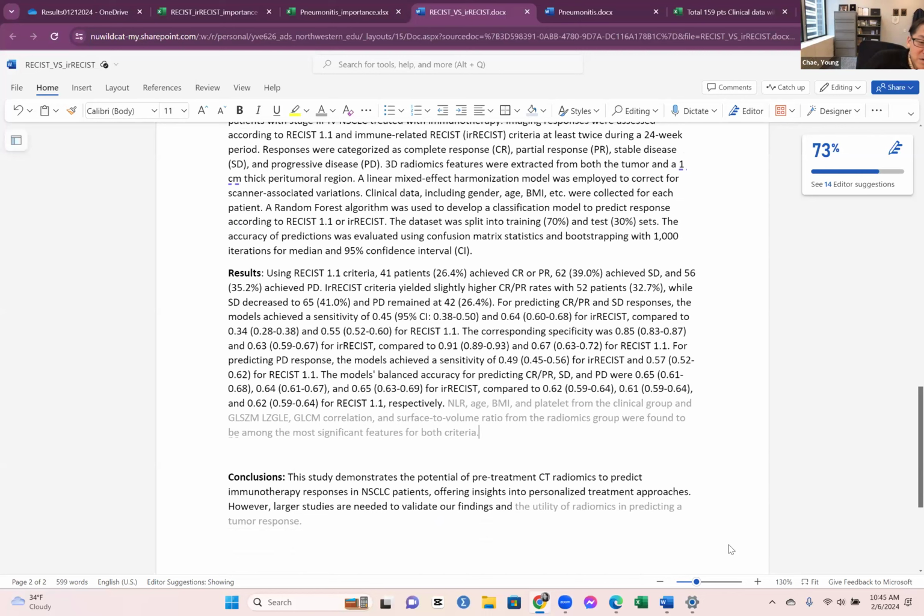I think the clinical variables are not worth mentioning here. In that case, the clinical data, including gender, age, the method, that can come out too. I mean, we collected it, we looked at it, but we're not really reporting it here. So we don't even have to mention that we collected it. We're not presenting the results here. So that can come out, because that's kind of given.